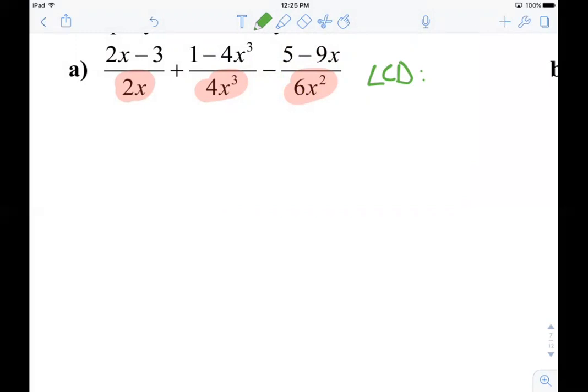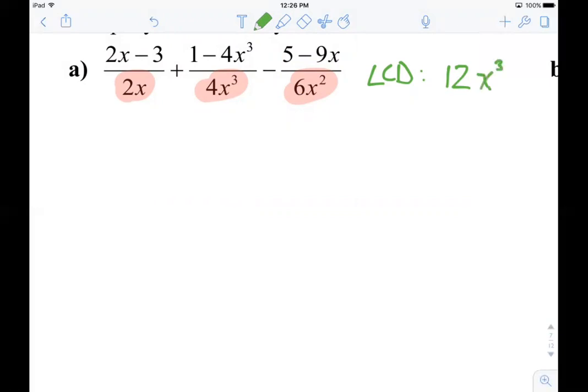It needs to include a number as part of it that can be evenly divided by the coefficients of all three of these denominators. So in other words, it needs to be a coefficient that's divisible by 2, by 4, and by 6. Well, the simplest one of those we can find is 12. What that means is that the coefficients from each of our denominators that we do have can be easily multiplied by something to get them up to 12. We also need to include the highest possible exponent on each variable that we see. So in this case, the only variable we see is x, and the highest exponent we see on it is a cube. So our LCD has to include